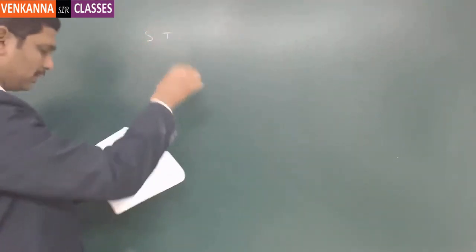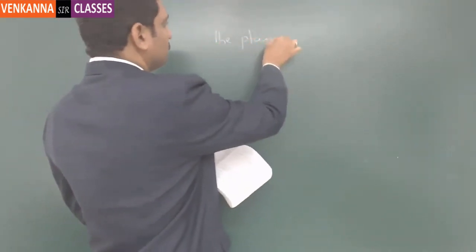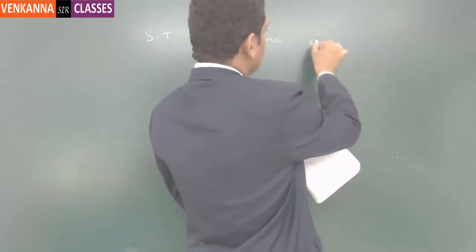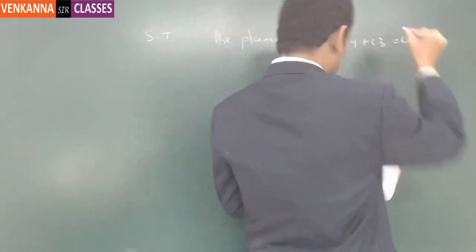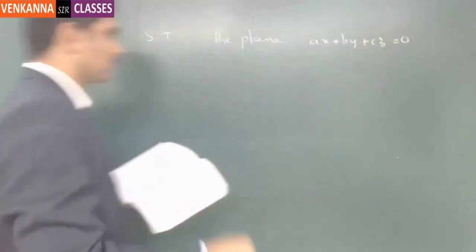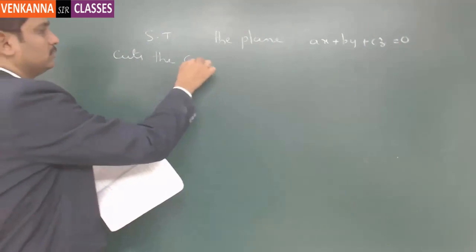So the next problem is: show that the plane ax plus by plus cz equal to 0 cuts the cone